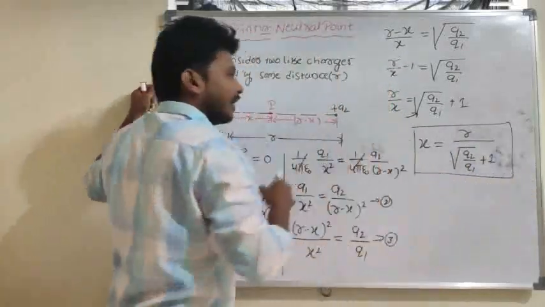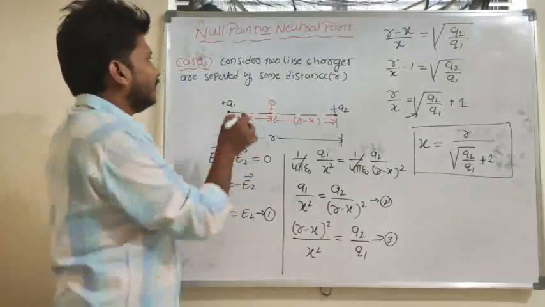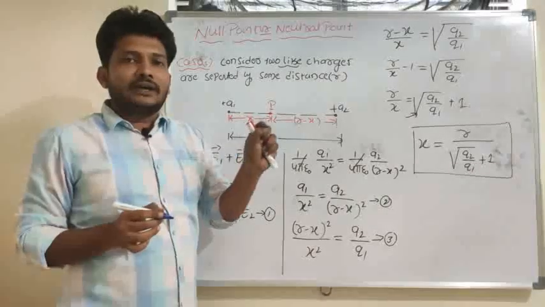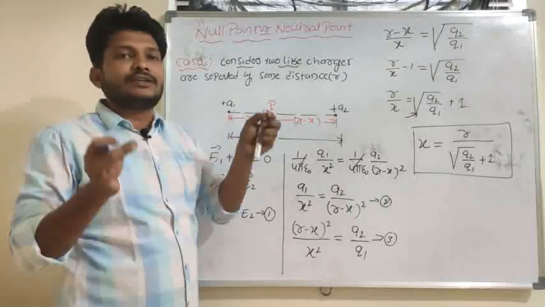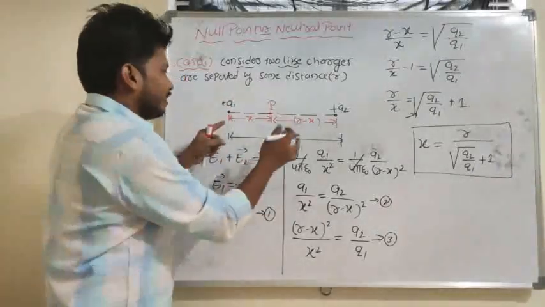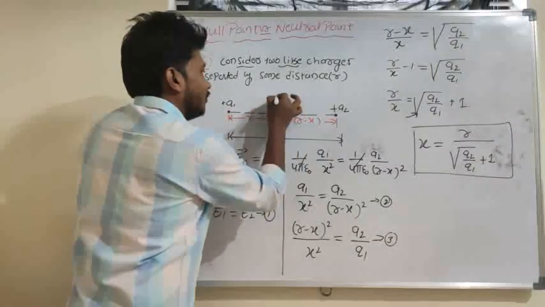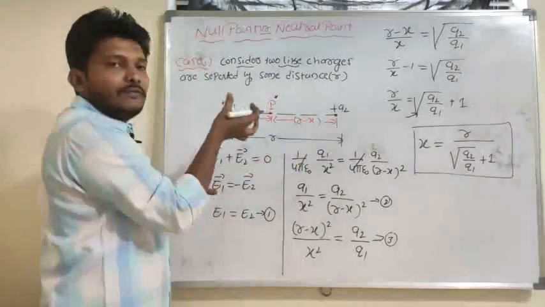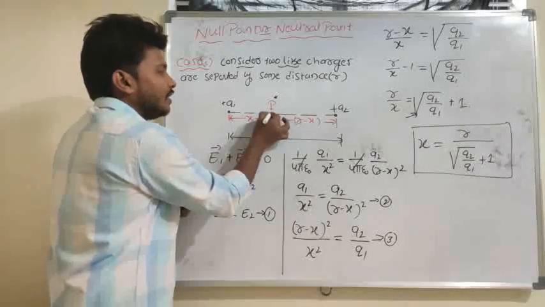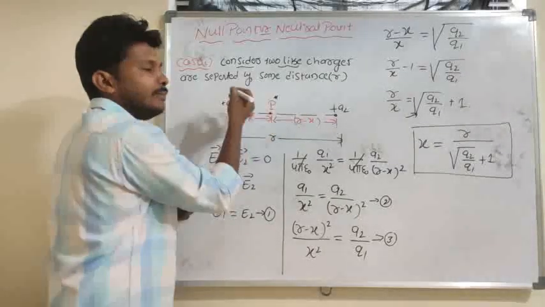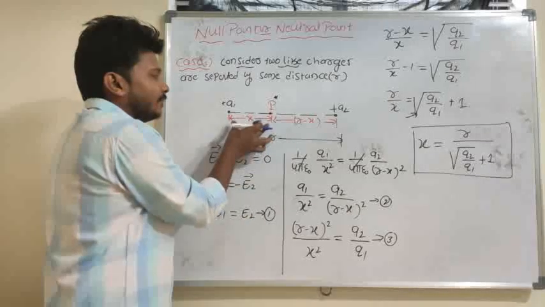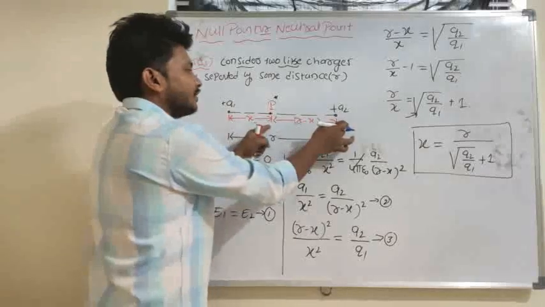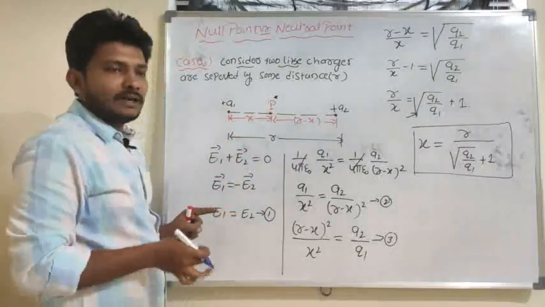So in order to calculate the neutral point, for example, I consider two like charges. Remember one thing here: for like charges, zero electric field exists only between the charges. So between the charges Q1 and Q2 only, you will get that zero electric field. I will take that point P. This point P will be a null point. This point P is at a distance x from the charge Q1, I consider. Then what about the distance from the charge Q2? R minus x.